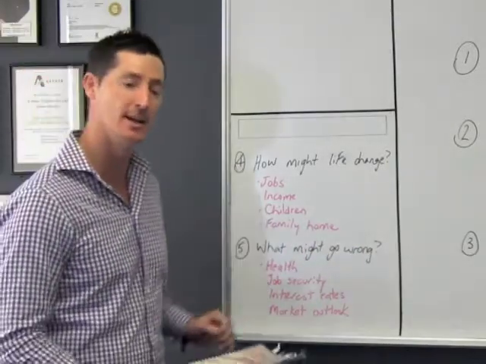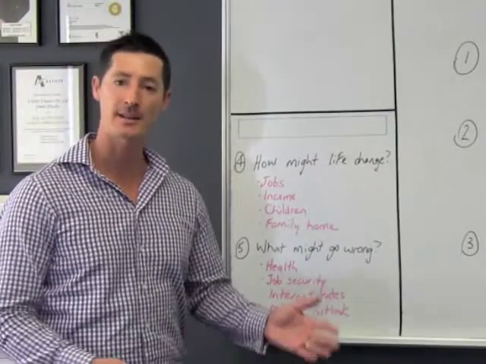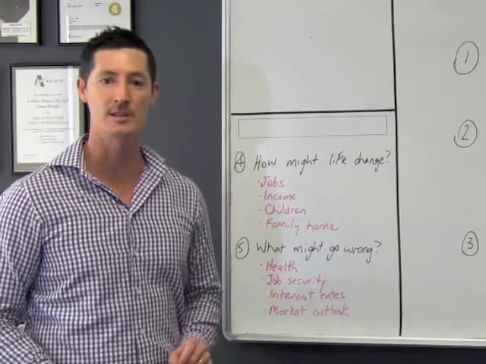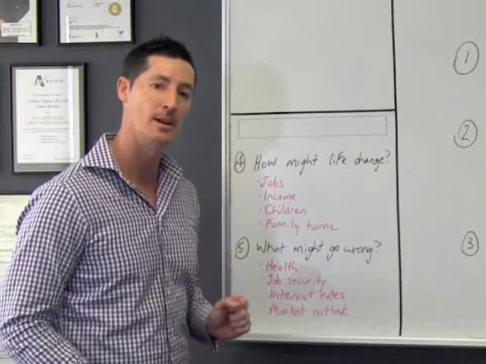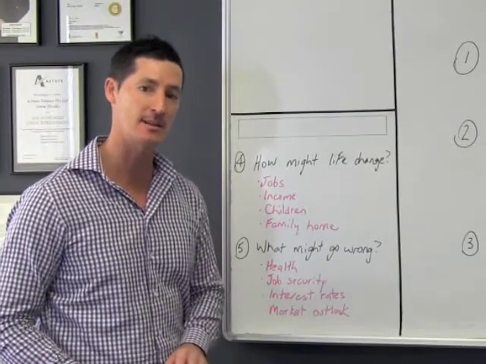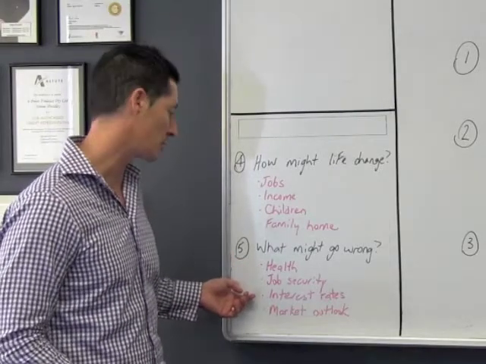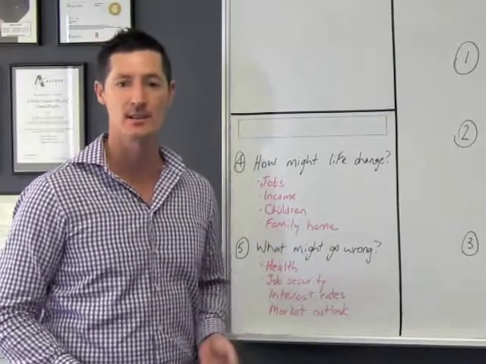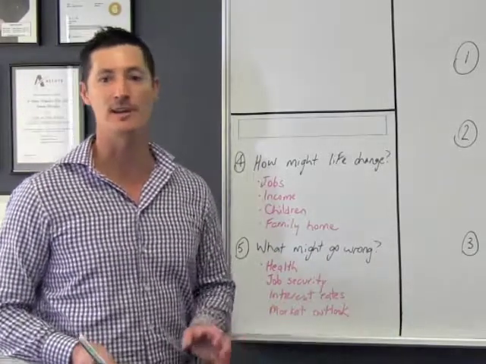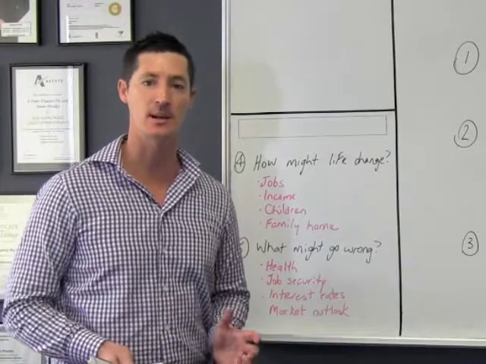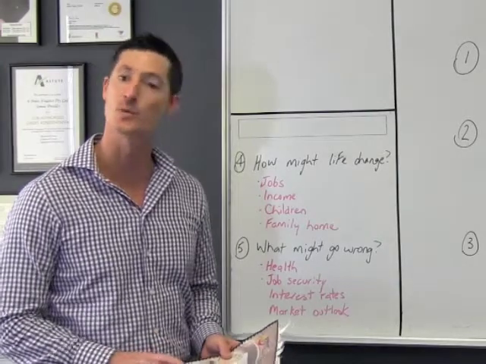And then most importantly, we don't get to a point down the track where something goes wrong and we're backed into a corner and our only option is to dispose of a perfectly good asset. We think in advance what could go wrong. And we design these things, we tailor these things into our investment strategy. What if something happened to our health? What if something happened to a job? What if interest rates went through the roof over a short period of time? What if the market outlook itself in different locations changed with little warning? All these things would form part of a well-tailored risk management strategy.